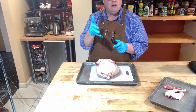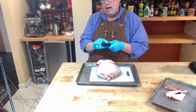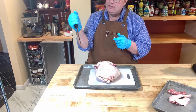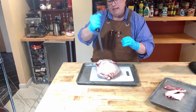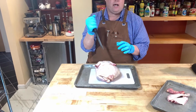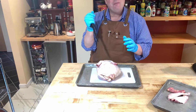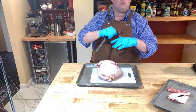Ducks, geese, beef, anything like that, pork. And oftentimes in actual butchering, the boning knife is held more like this, and you see that the butcher is using it like this. Now in the kitchen, you rarely are ever going to hold a knife like this if you're deboning any meat, but it's something that you just need to know that that's the way it should be held whenever you're taking